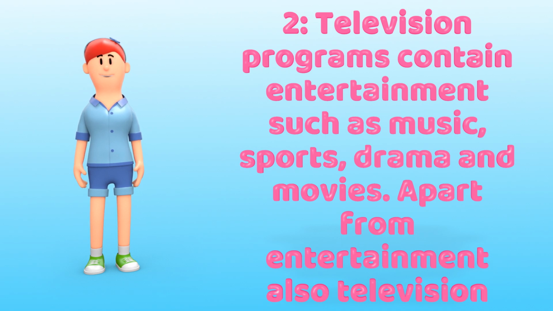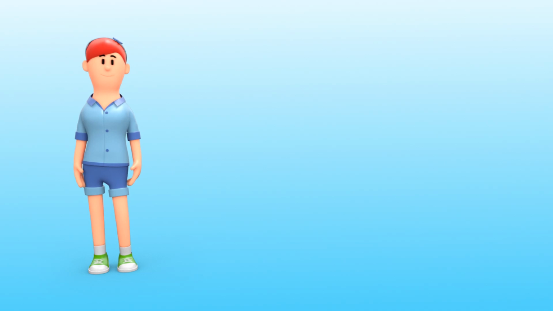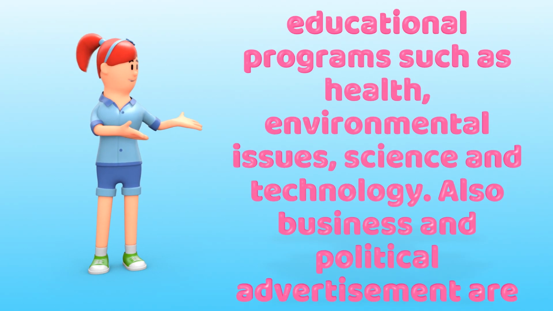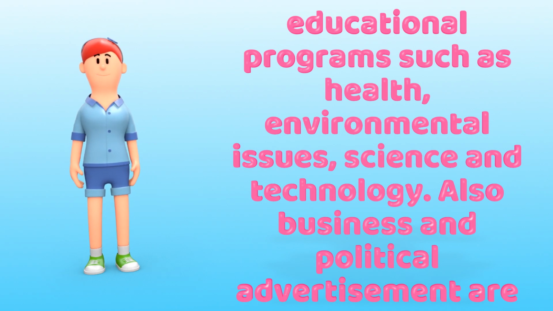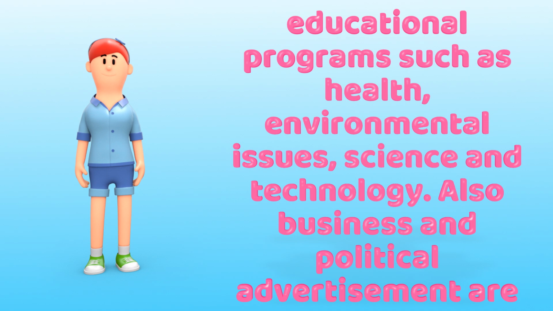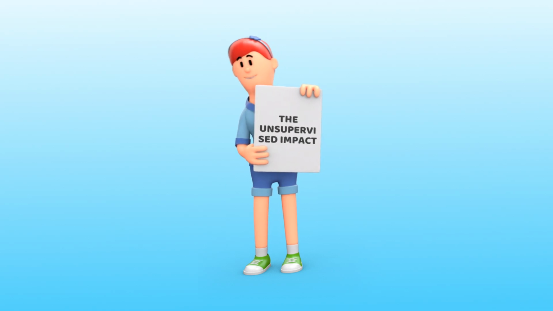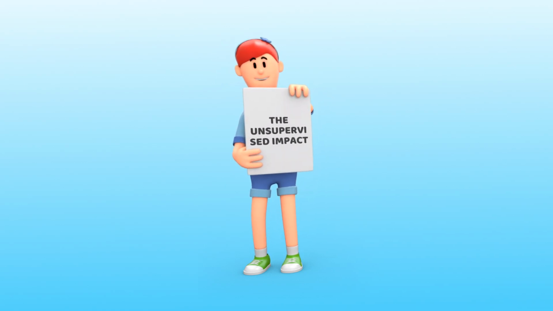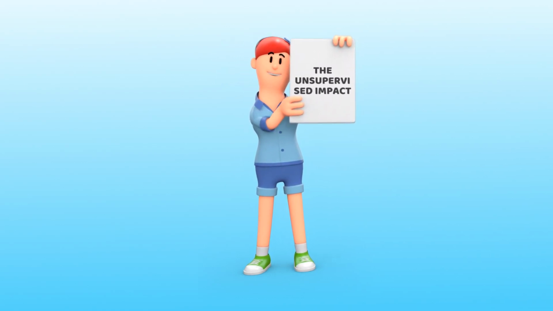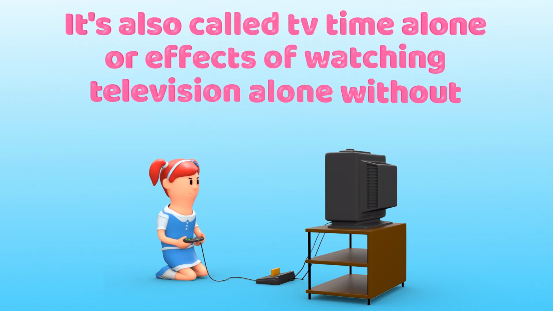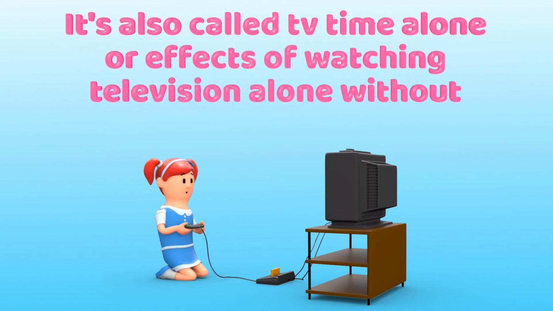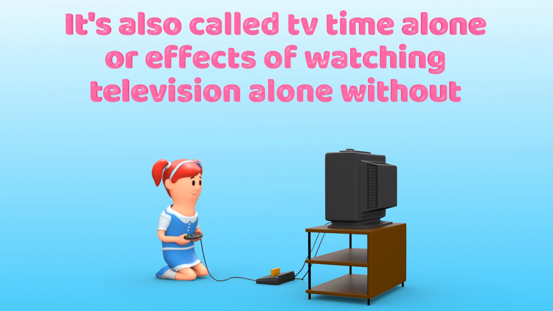Apart from entertainment, television also contains educational programs such as health, environmental issues, science and technology. Also, business and political advertisements are shown. It's also called TV time alone, or effects of watching television alone without